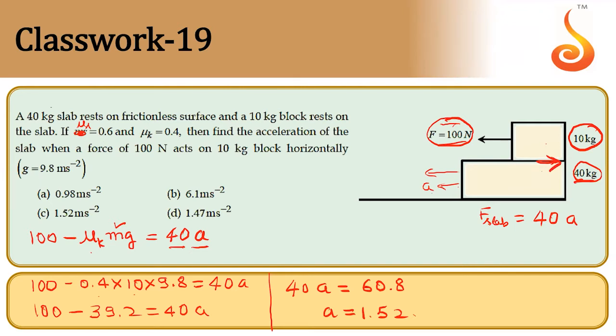Dhanyata, it is already moving. When it is moving, where does the static friction come? You have to take kinetic friction only. So this information is useless. This is not needed. See, if we calculate static friction between the two surfaces, static friction will be mu s into mg, correct? That should be 0.6 into 10 into 10. So that will be 60 Newton. But applied force is 100 Newton. So F is very much greater than Fs. So there is no static friction. What kind of friction acts between? So it is only kinetic friction. So we took kinetic friction.